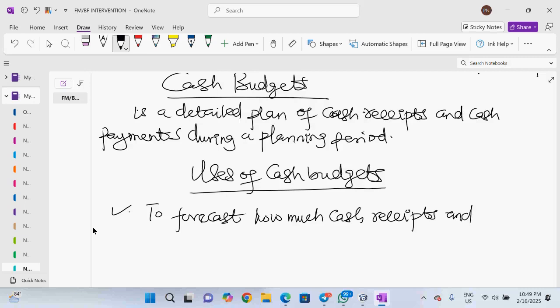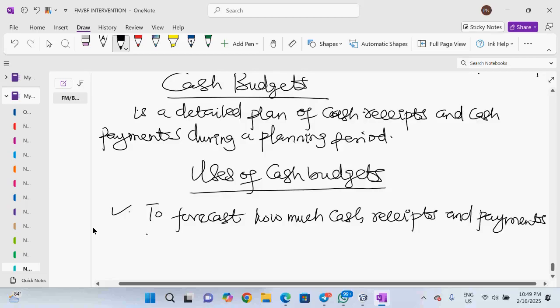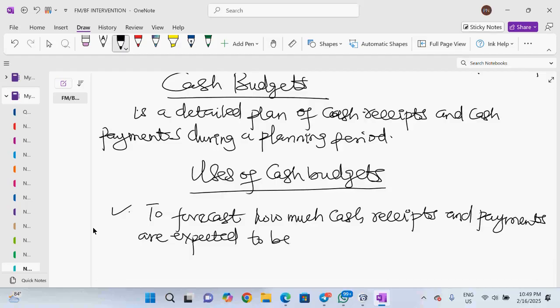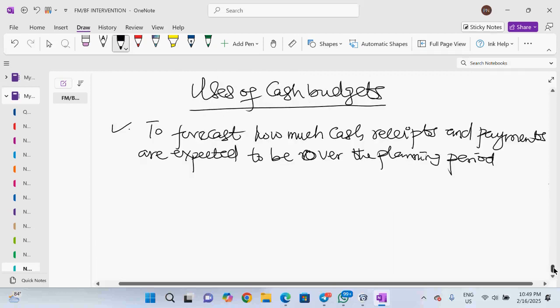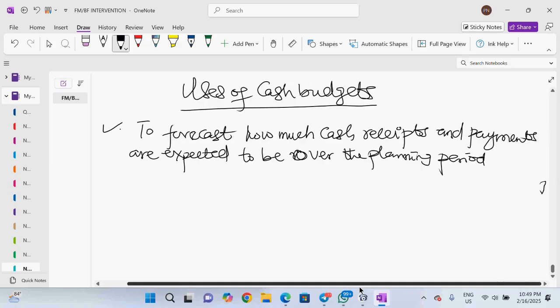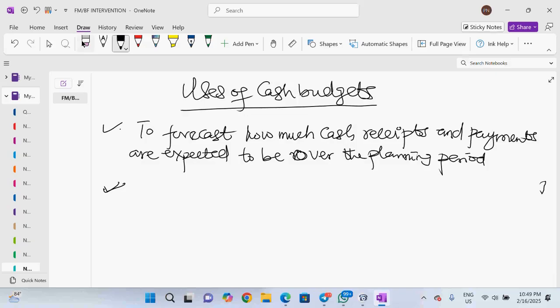Cash receipt is the cash that we will be receiving, and payment is the cash going out. What other uses